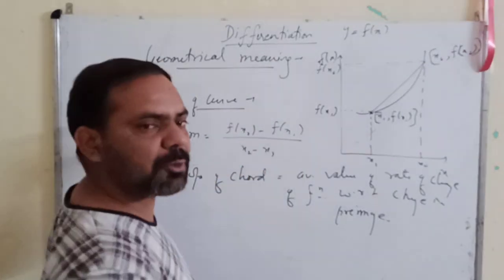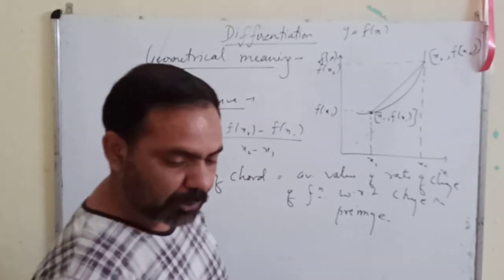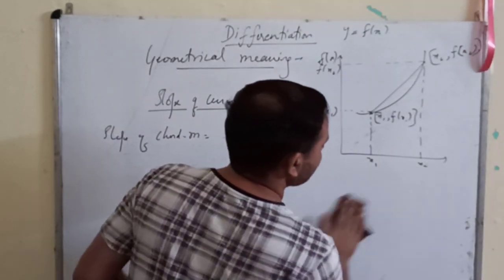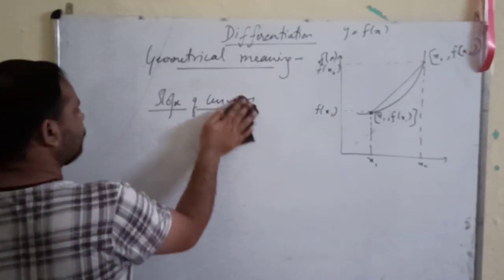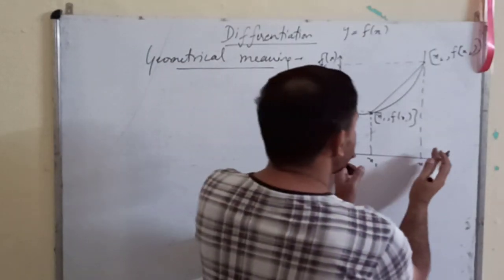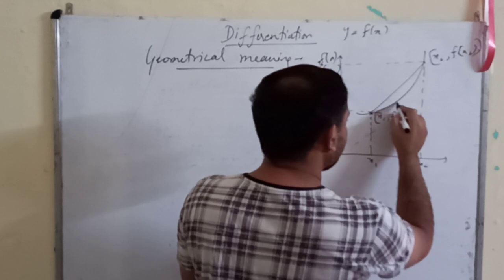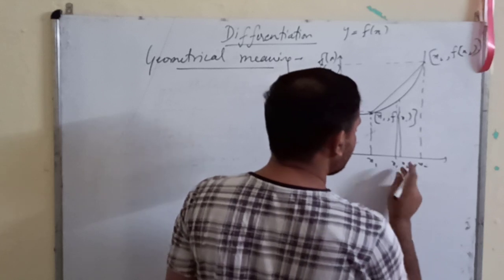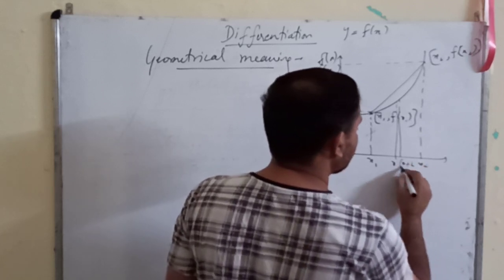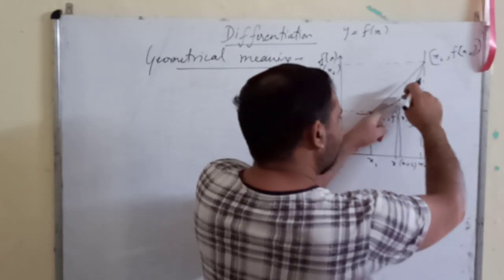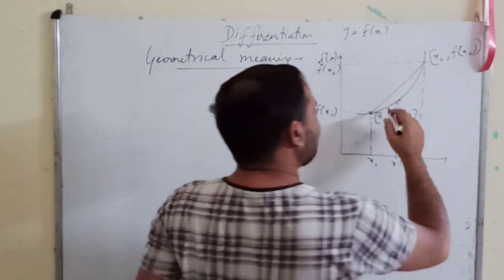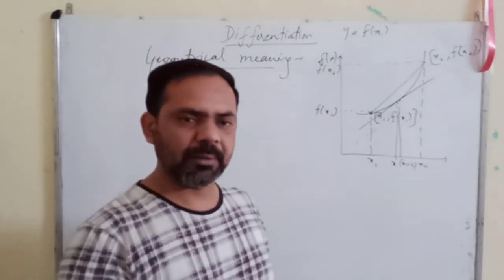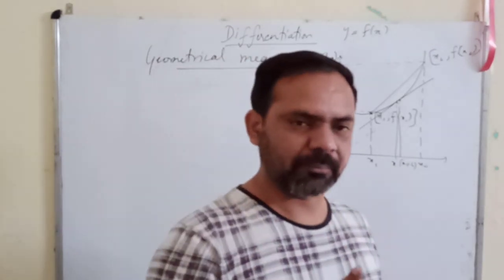That will give you the average velocity. Simple, geometrical meaning. Now how to find out the instantaneous velocity? Suppose I make this interval small, if I bring them here, and this is x1, this is x2, or you can say that this is x, this is x plus h. Then these 2 points will come here like this, and when you join them, what you are getting, instead of the chord, is the tangent, right?